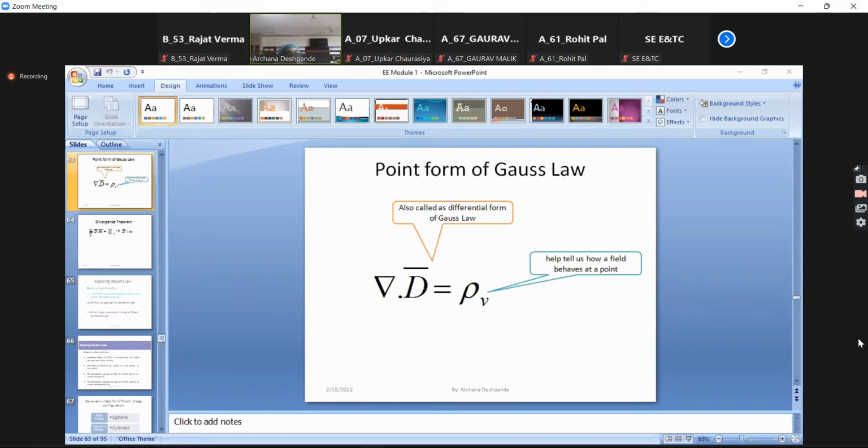This is one of Maxwell's equations, so you need to remember it. Even in the GATE exam, many times they ask you to identify Maxwell's equations. Please remember there is a dot between del and D. In the GATE exam, they give you the same expression without the dot and ask which is not a Maxwell's equation. Such questions are very familiar in GATE. What happens is you don't pay attention to this dot, and therefore